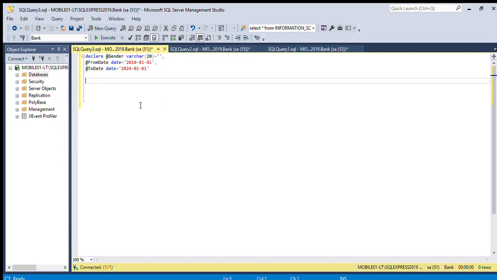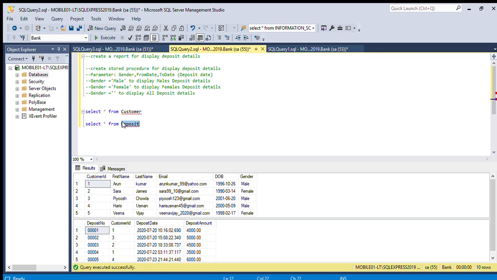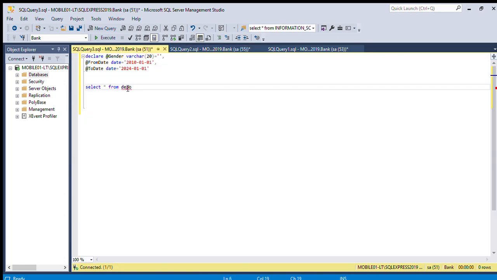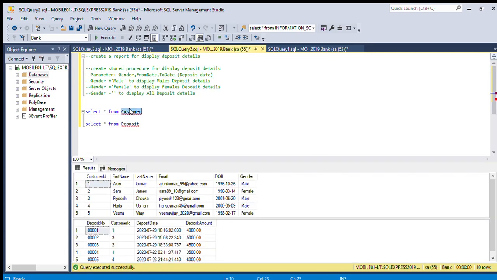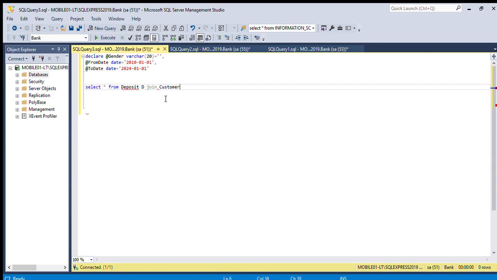First we can select star from deposit, D, we can give an alias name, join customer, C